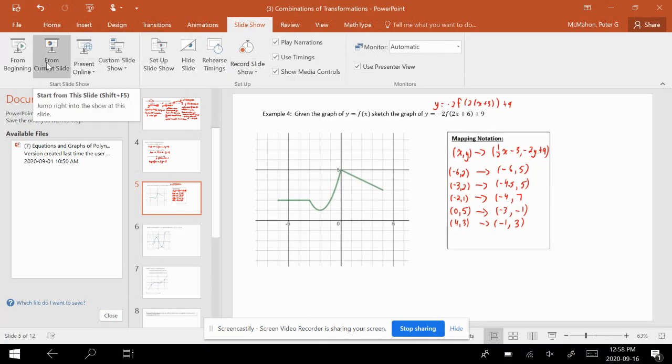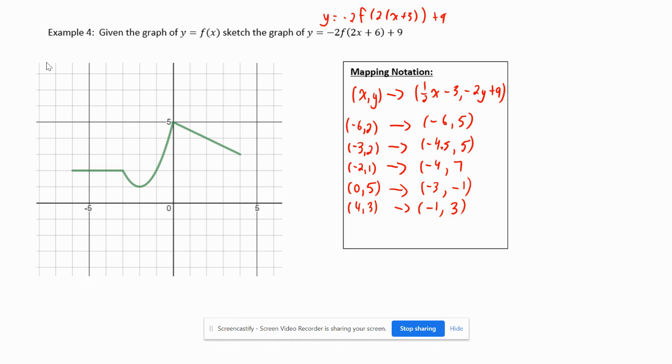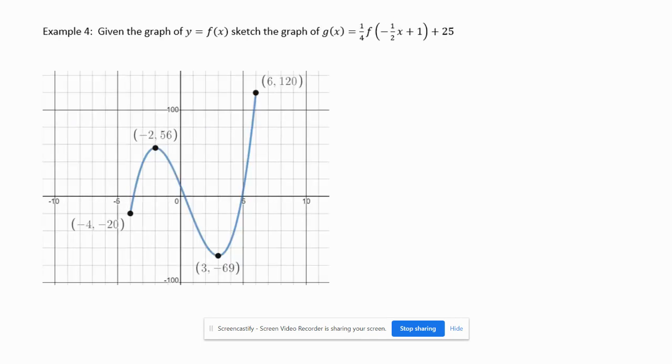Okay, guys, welcome back. I think I actually was doing everything fine, so I just double checked it over here. I think I made a mistake when I was plotting my points, though. So here's our function, and our mapping notation was correct, and these were the same points that we had from before. So first point is negative 6, 5,